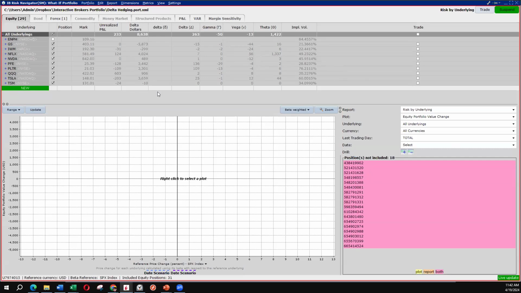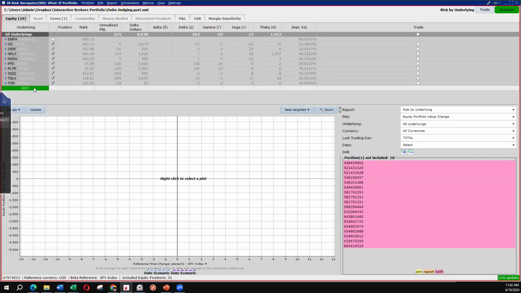So it's a good one to keep in your back pocket for those days when the market's really tumbling pretty hard and you just need to cut your exposure really quickly. So if we take this delta dollars figure and divide it by the S&P 500 price, let's say that's around 500 at the moment, that gives us about 16 or 17, okay? So this number here divided by 500, which is the S&P 500 price,